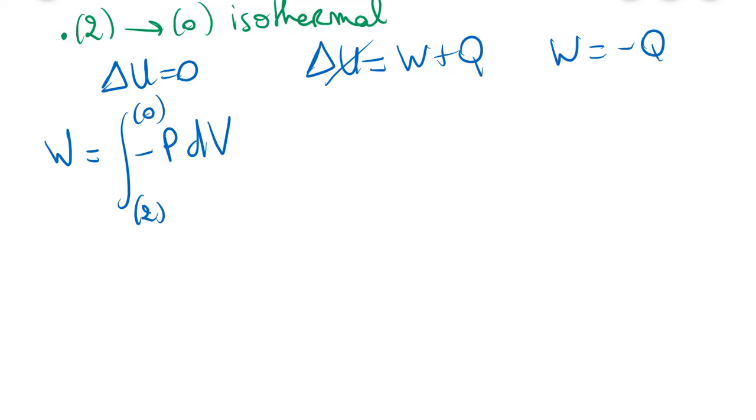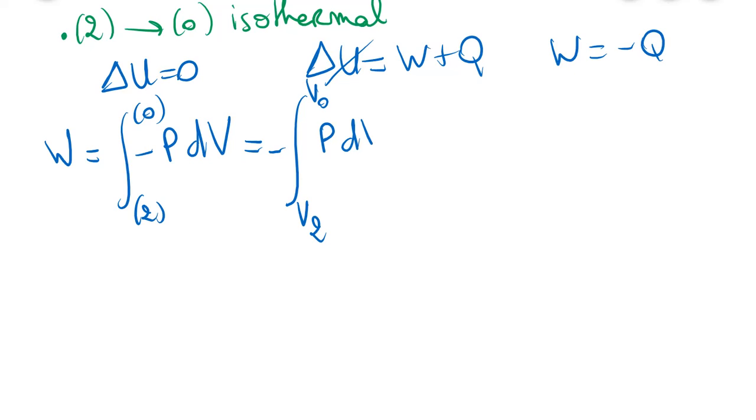Okay, so be careful about the boundaries. Don't forget that the state 2 is the initial state. Even if 2 sounds bigger than 0, don't get confused. 2 is actually here the initial state, and then we go to the state 0 as it's a cycle. And here I recommend you to identify the variable that you have for the integration and directly replace your boundaries by the variable that we consider. In our case, it's the volume because we have dV, so it's going to be V2 and V0,